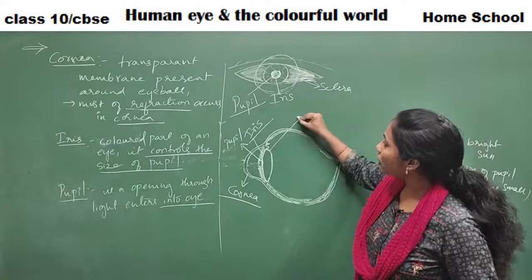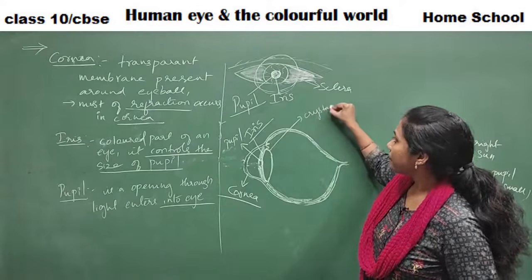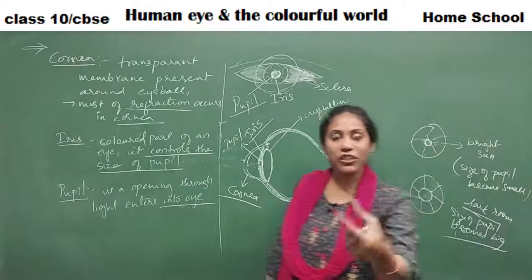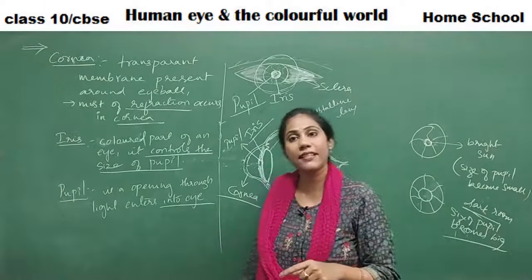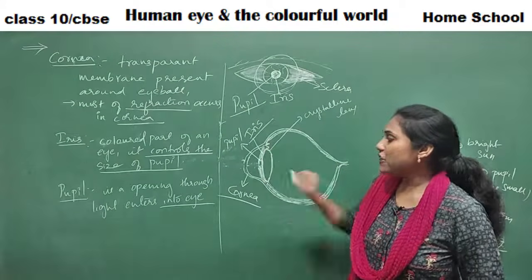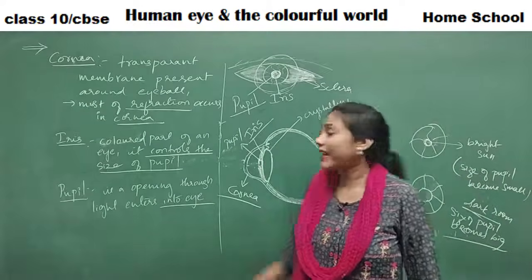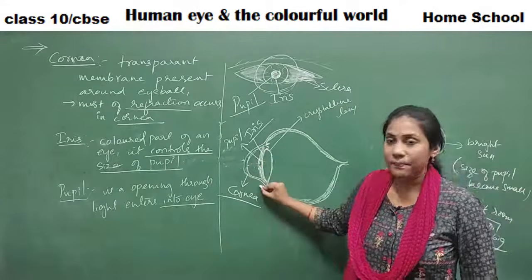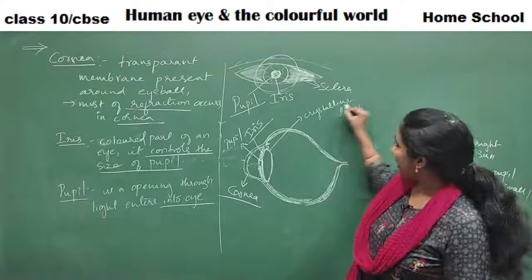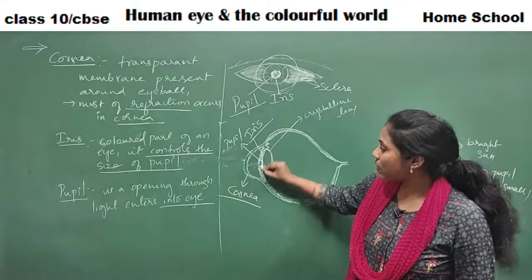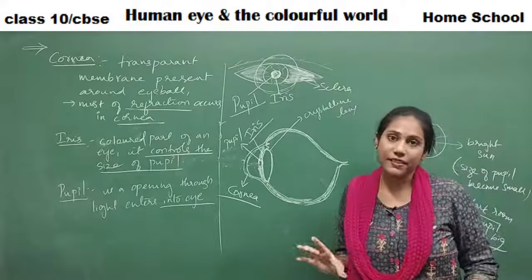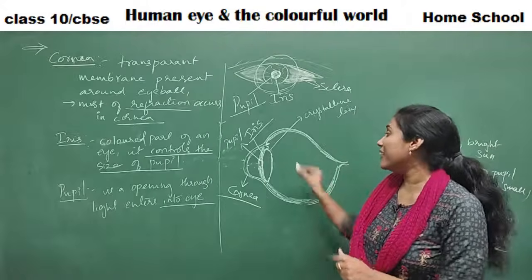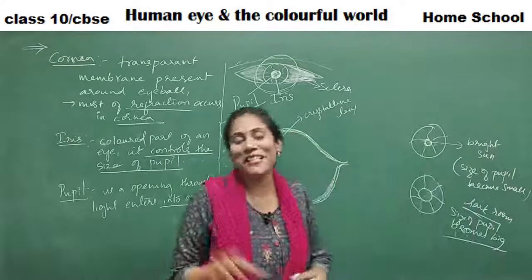This one, we call the crystalline lens. What is this? The crystalline lens. Can you tell me what shape it is? Concave lens or convex lens? Definitely it is in the shape of a convex lens. Even the cornea shape, you observe, is convex. And the crystalline lens inside the eye is also a convex lens. That means the light rays enter through this lens and converging of light rays will take place.